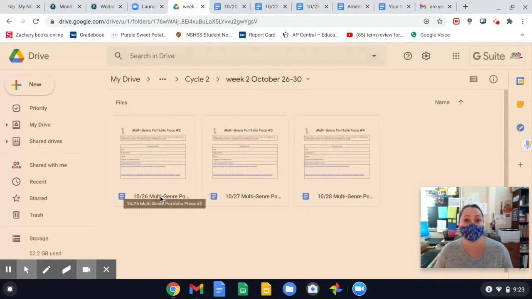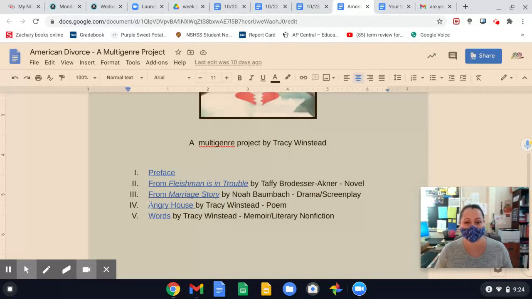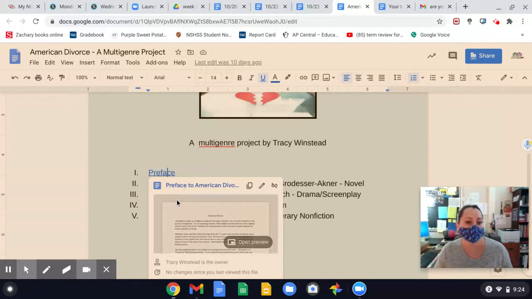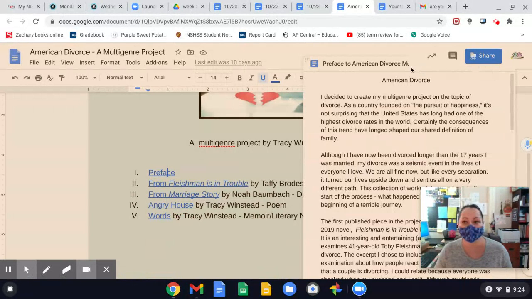You'll go back to the 26th, where it's your second piece, and get those 2 paragraphs and put it there in the preface page. You'll go back to the October 27th page or the document, get those 2 paragraphs for your third piece and put it there. And then go to your October 28th piece, the 4th piece that you have, get those 2 paragraphs and put it on that preface. So that if you go back and compare it to Miss Winstead's preface,